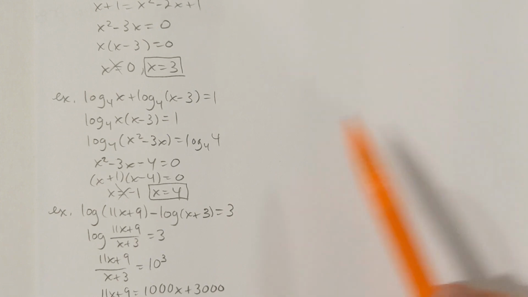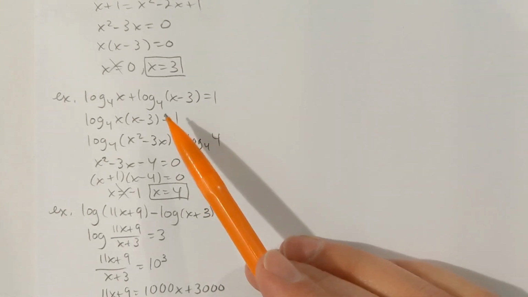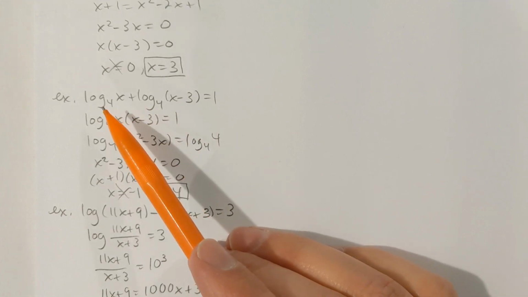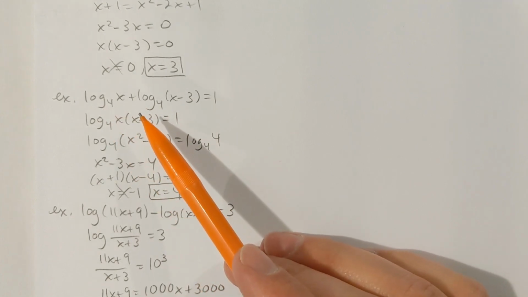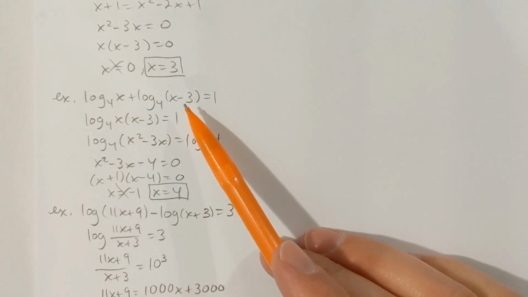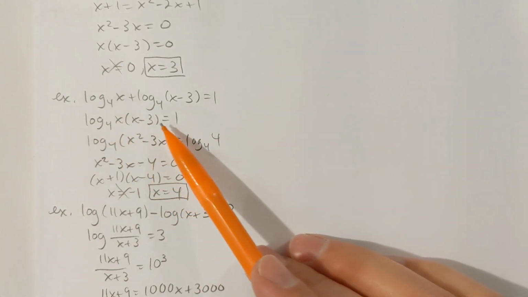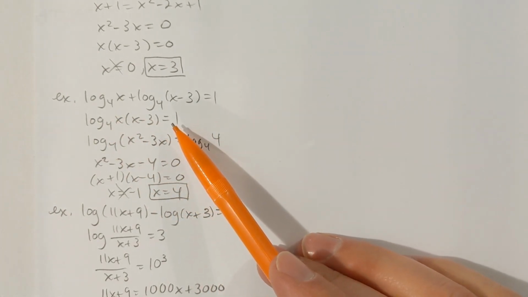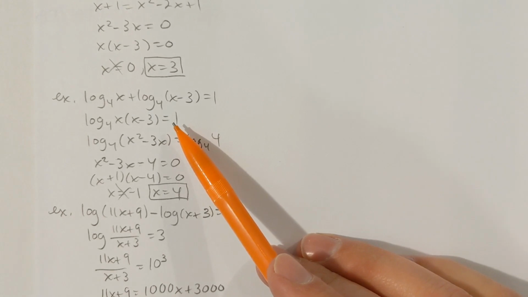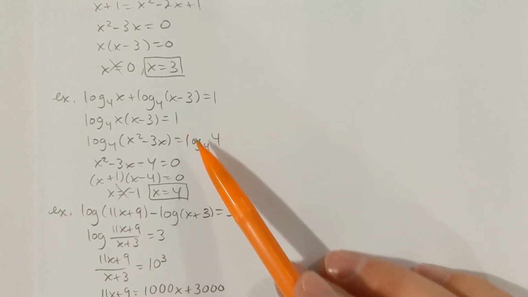The next example, okay, we want to again solve for x. With this one, you can combine the 2 logarithms to a single logarithm by multiplying the inner terms. And then I'd say at this point here, why don't we use the definition of a logarithm to get rid of the logarithmic notation. Actually, another way to go about it is, so 1 is the same as log base